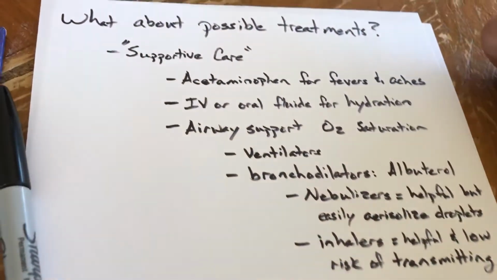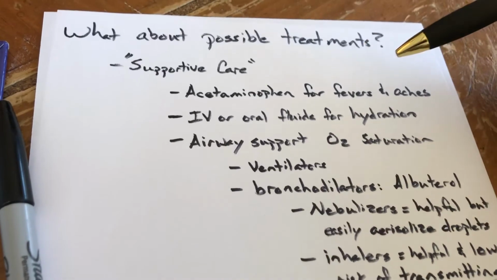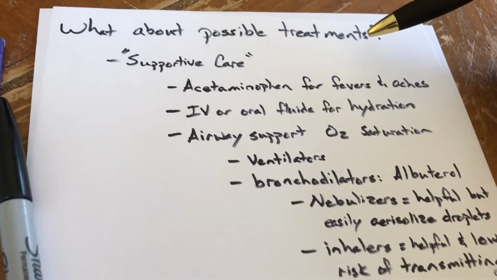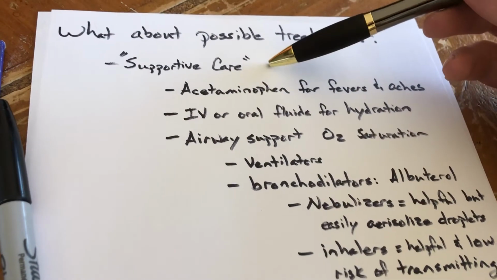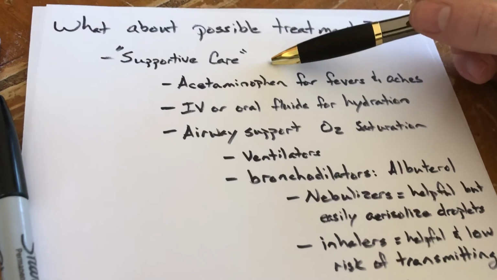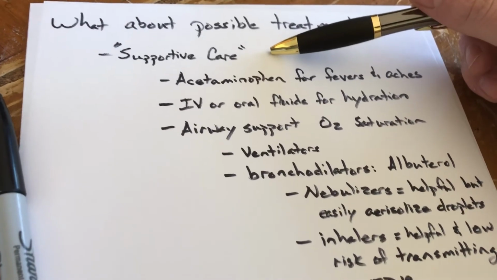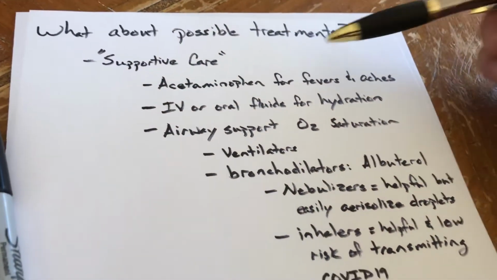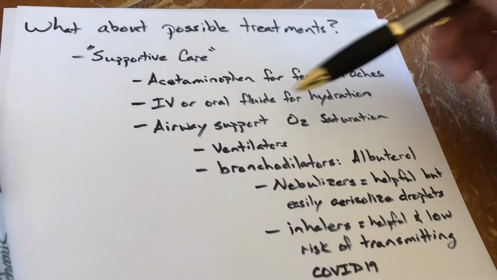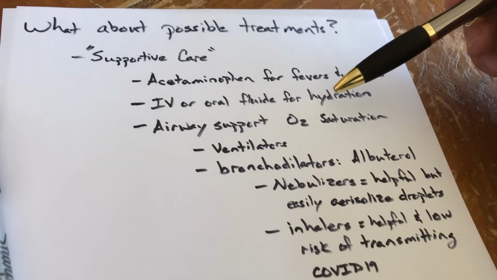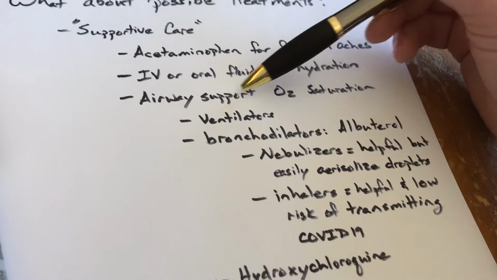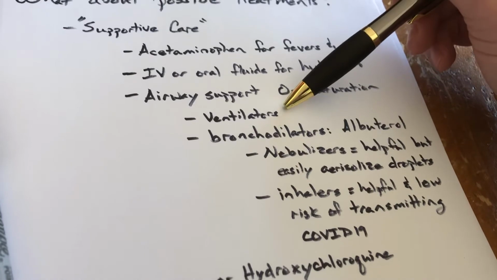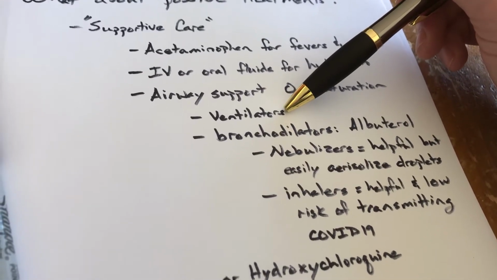Finally, what about possible treatments? We've heard a lot in the news lately about medications that might be effective against coronavirus. Before I jump to those, the recommended treatment for respiratory viruses like coronavirus is supportive care. That's medical speak for acetaminophen for fevers and aches, IV or oral hydration to keep people from getting dehydrated, airway support, monitoring their oxygen saturation, the ventilators that we're hearing a lot about that are needed in ICUs,